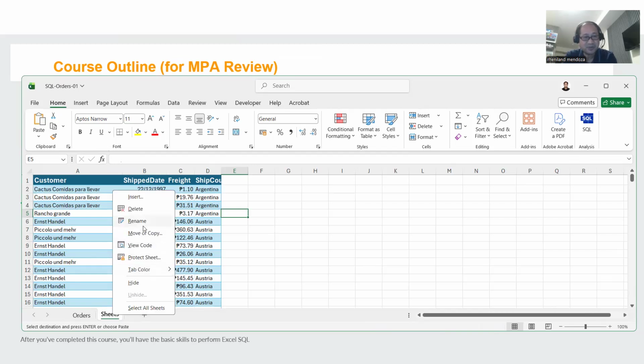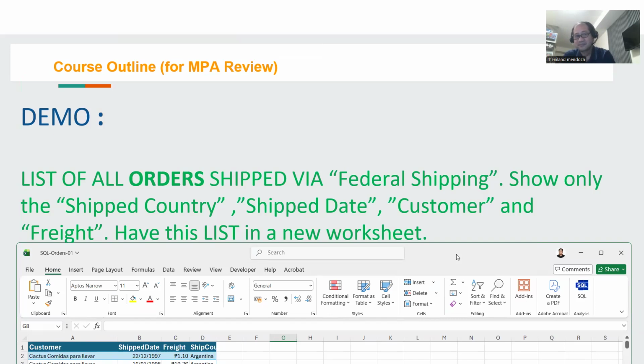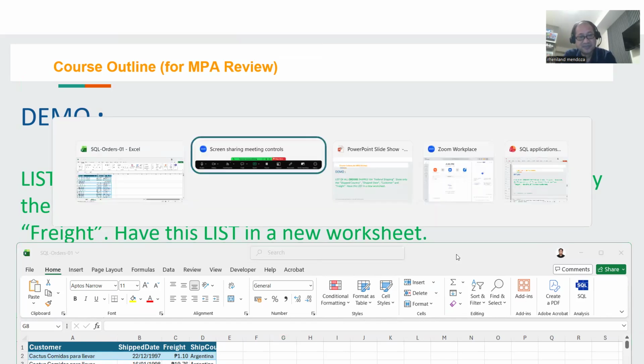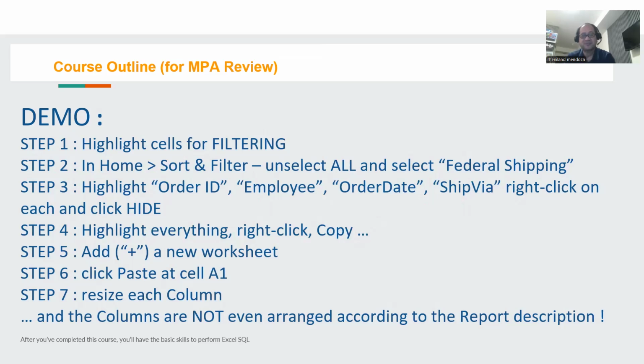And lastly, maybe you want to rename this into something logical, right? Like, let's rename this report Excel. Okay. So that's it. It still took us maybe 2 minutes. And I'll show you the steps we did. So these are actually the steps that we did.